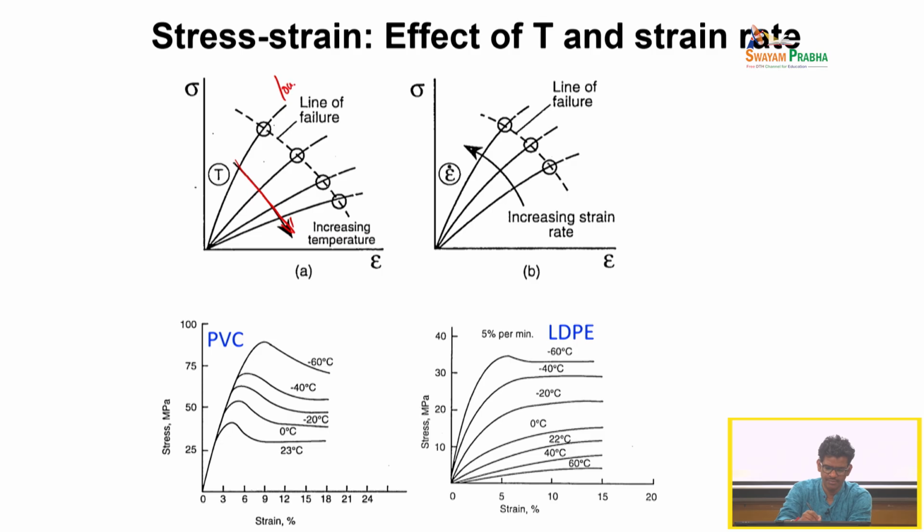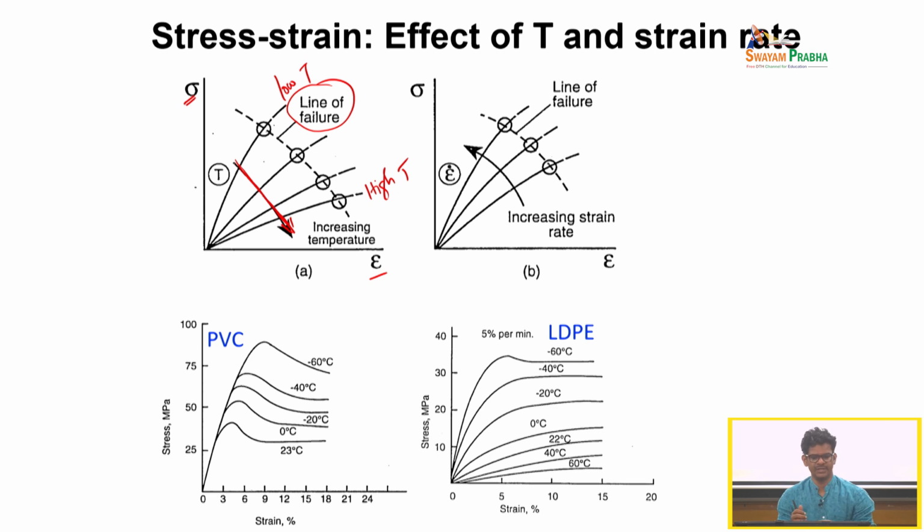Here we have low temperature and here we have high temperature. We are plotting stress versus strain for the same polymer, same material, but the experiment is conducted at different temperatures. What you see is that as the temperature decreases, the line of failure, the rupture point,